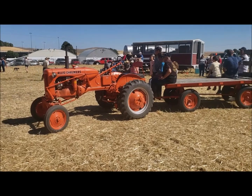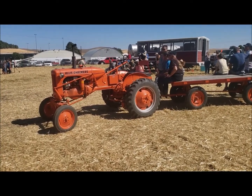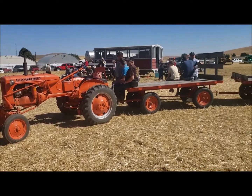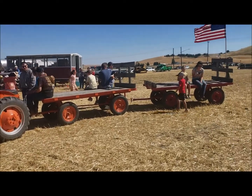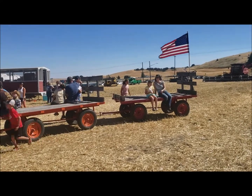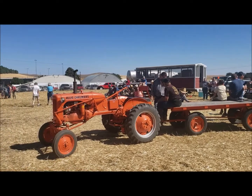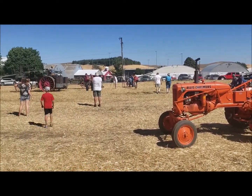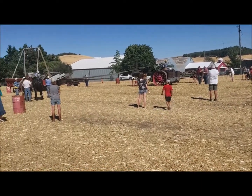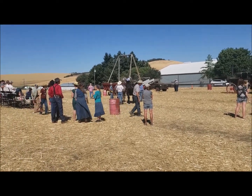Well, here's our little orange people mover, little Allis C, pulling a couple of scaled back wagons. Got your flag there, and I'm just about had enough fun for one day. I'm about ready to wrap it up here. They're still cutting, they're still loading, still threshing,